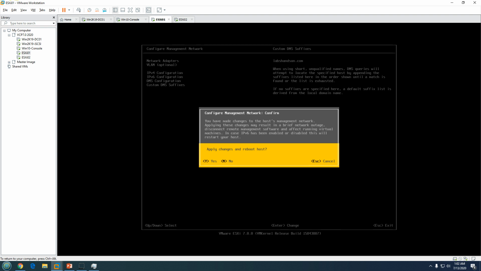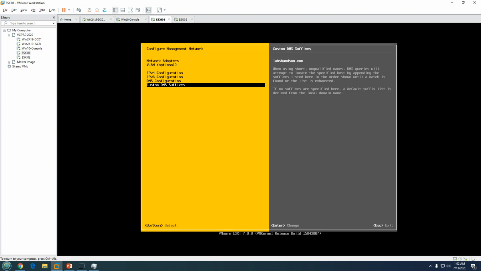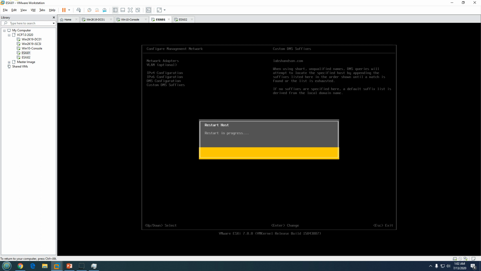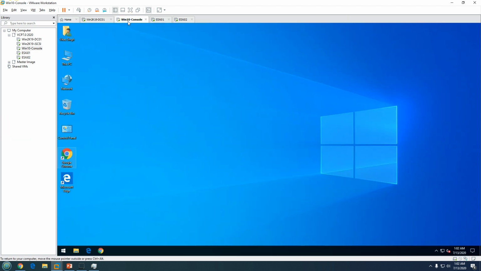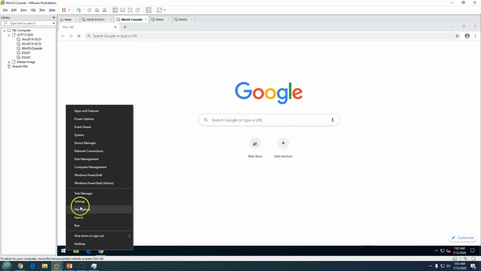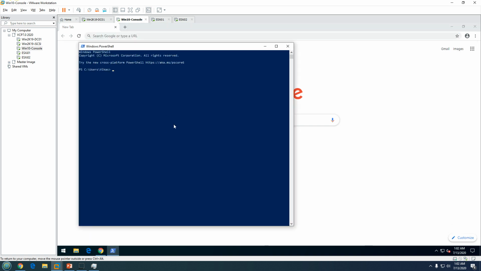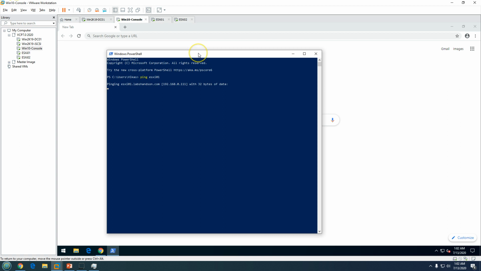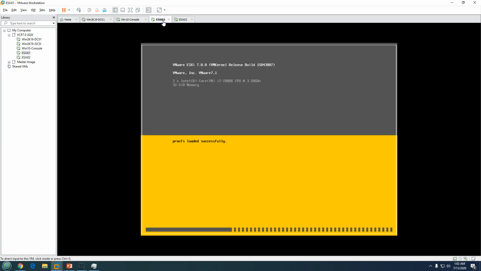Click Y. Once you press Y, it's going to reboot the host, and once the host is back, you will see the host responding from the IP address or the host name. I'm going to try to ping this machine now. Ping ESXi01. You can see it's not pinging now, since I guess it's rebooting.